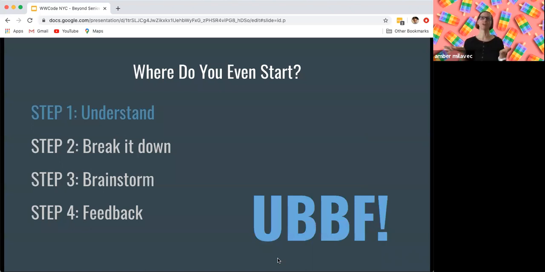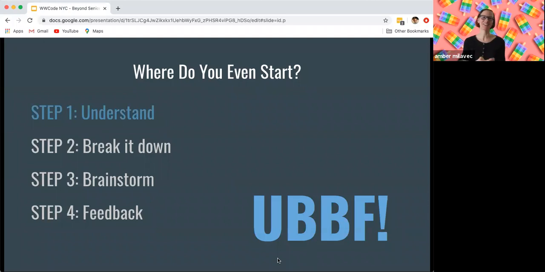Now, where do you start when you have this really complex problem? I talked about some of the things we want to think about when we're designing. I made up this really easy to remember, really easy to say acronym. And that is to understand, break it down, brainstorm, and feedback. So the first thing